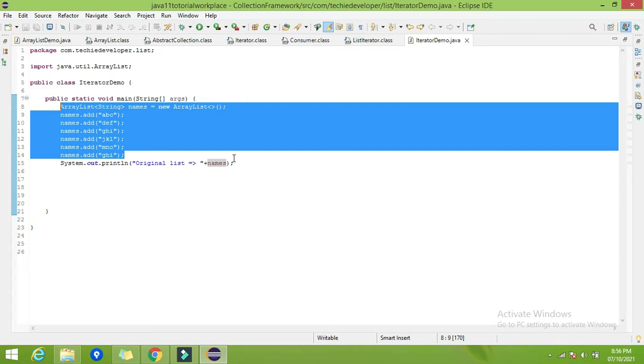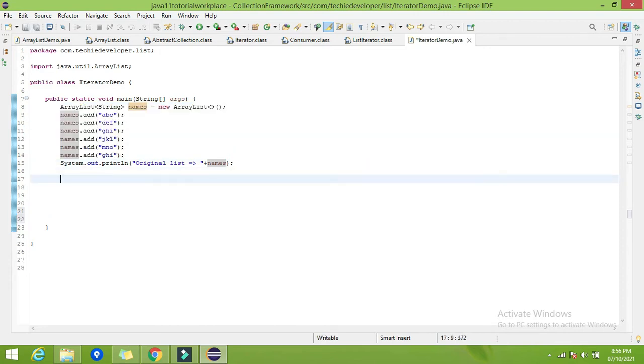So let's create the iterator for this ArrayList. To create the iterator, we have the method called iterator available in the Collection class.